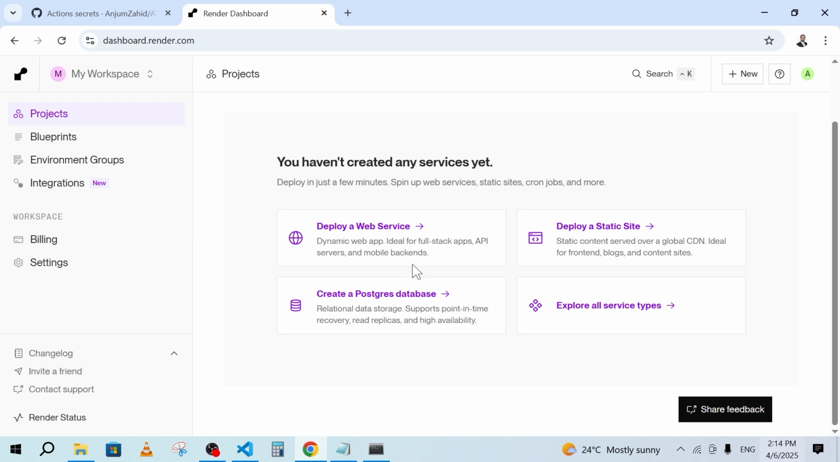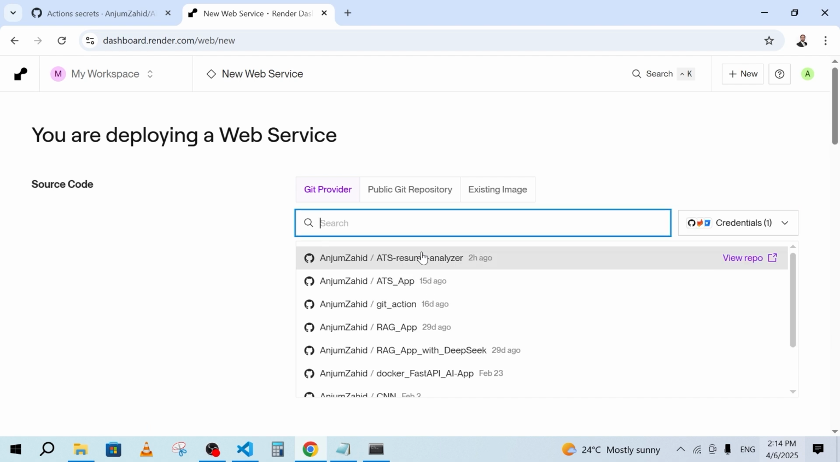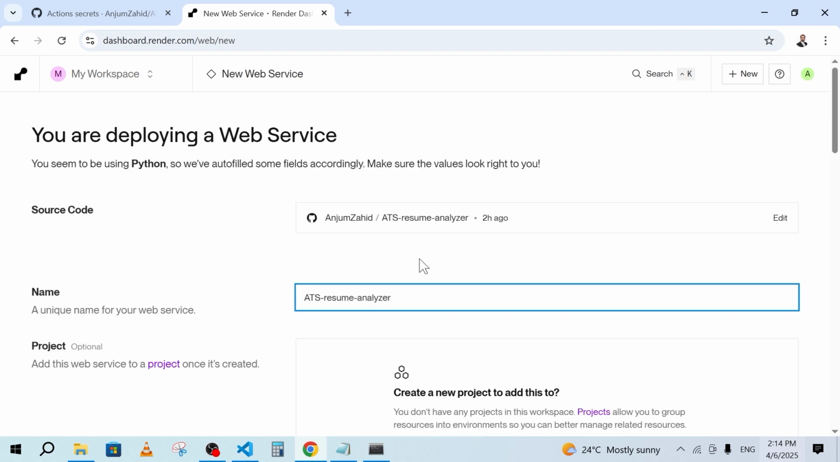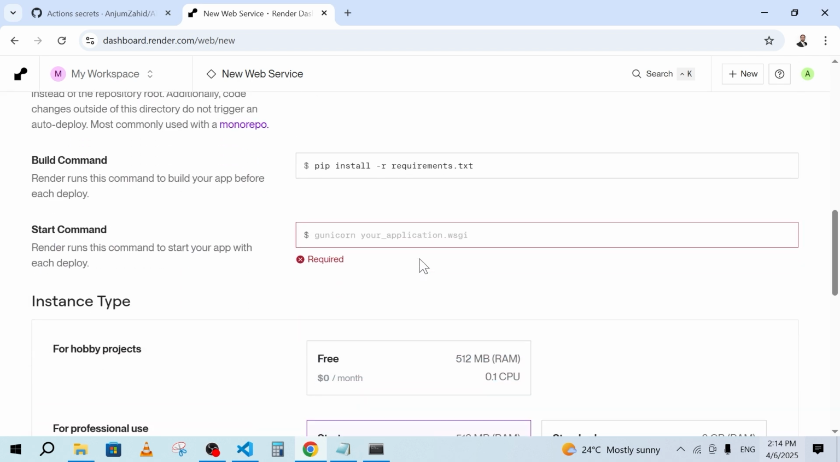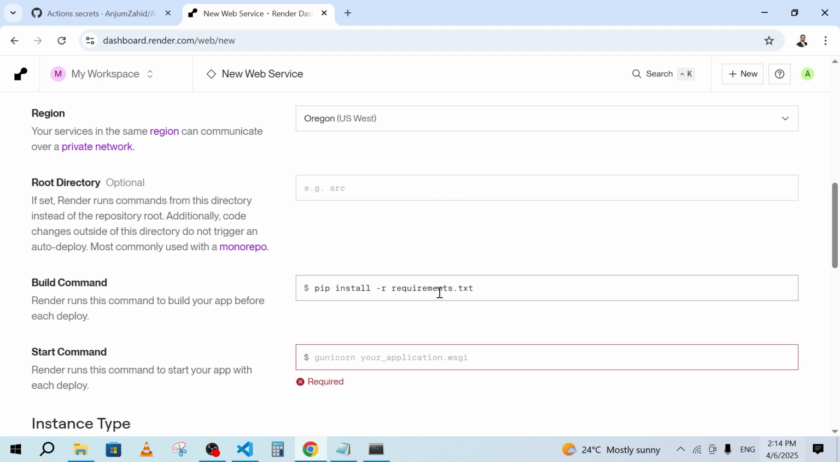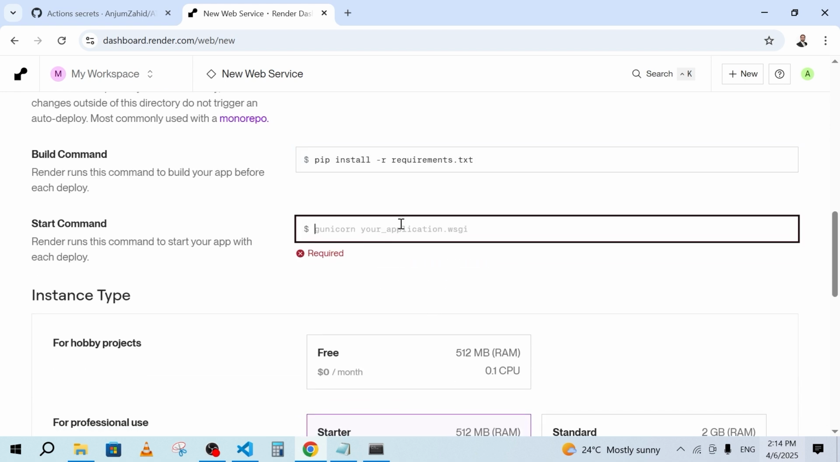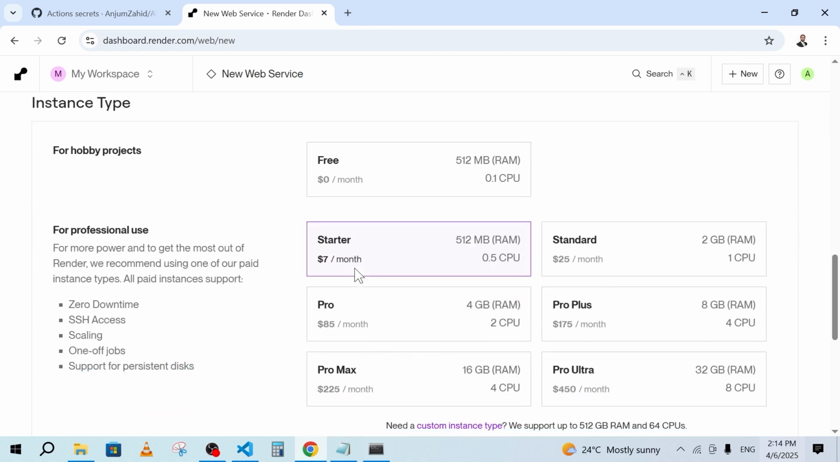Here you can view the Render dashboard. Click on deploy a web service. After clicking, you can link with your GitHub account. Search for your required repository that we have created, and select this repository. Then go down and here you enter the build command, which is by default pip install requirements.txt. After that, enter the start command. We will write streamlit run app.py and we will also give server port and server address. Then click on free